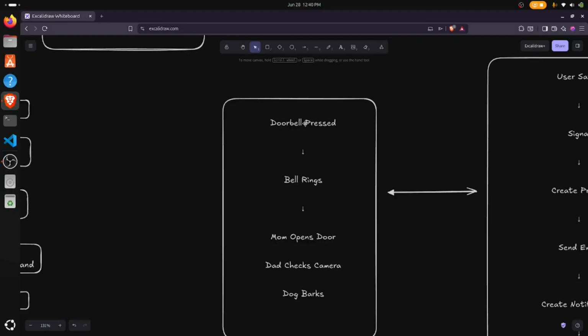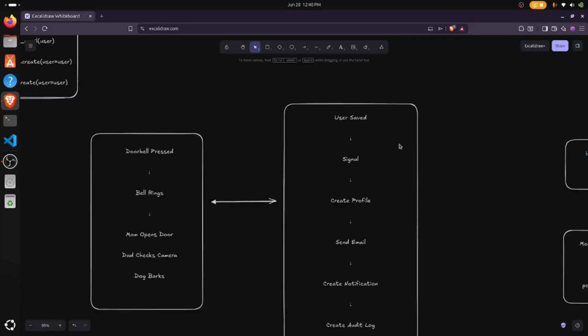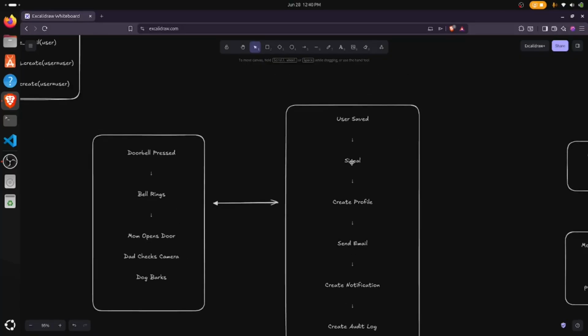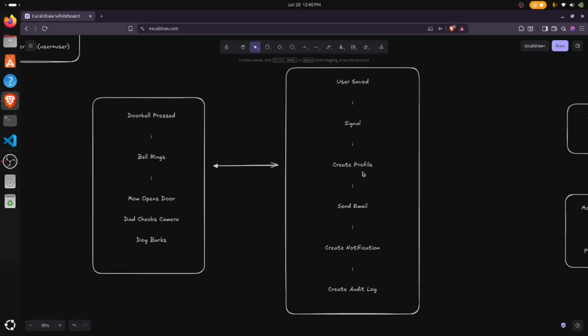That is exactly what a Django signal is. It doesn't perform an action itself. It simply announces something just happened. Then every function that is listening to it can react. In Django, whenever a user is saved, a signal is triggered, it just informs. And then the functions which we have created for creating the profile, sending email, creating notification, and creating audit log are triggered. Now if you notice something interesting, here the user module doesn't know about emails at all. It doesn't know about notifications, it doesn't know about logs. It will just simply say, hey, I was saved, anyone interested can